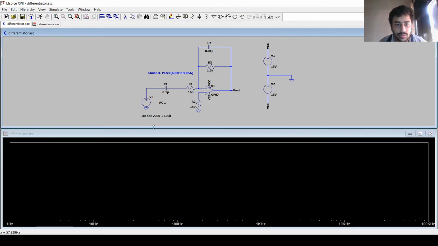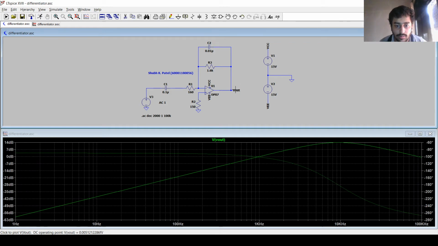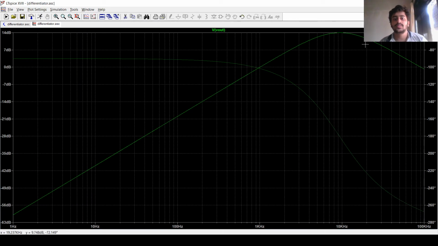So let's see the input. Let's see the output. Okay, this is the frequency response of the differentiator. For lower frequency, the gain increases constantly. The value of gain increases constantly, and at 1 kilohertz it becomes 0 dB, and at 10 kilohertz it becomes 14 dB. So for different values of frequency, we get different values of resistors and capacitor,